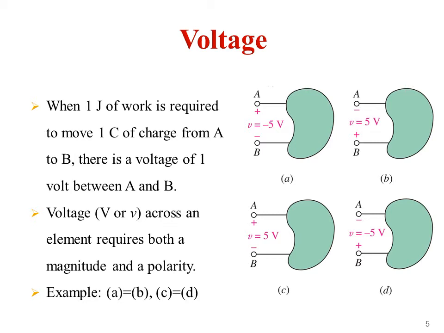At the same time, if you observe example D, here the current is entering into the negative and leaving from the positive. If you observe all these 4 diagrams, initially we have assumed minus 5 volts. If you compare with B, here the current is entering into the negative, so this is plus 5 volts. The direction of current and polarities have to be changed here. That is the reason why A is equal to B.